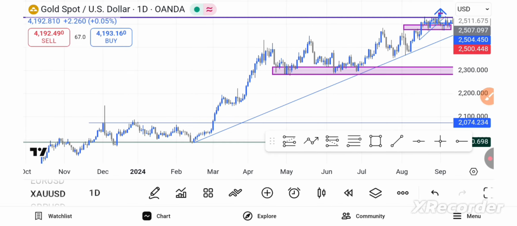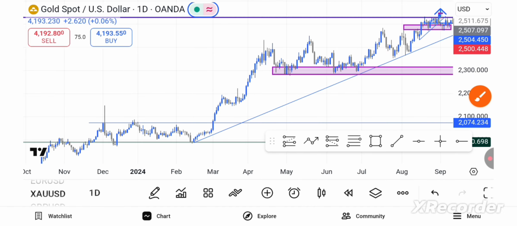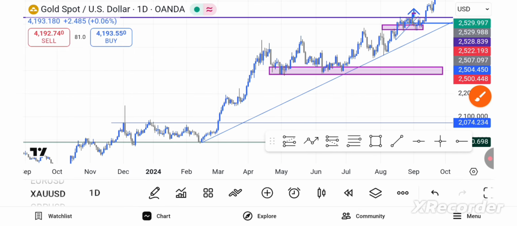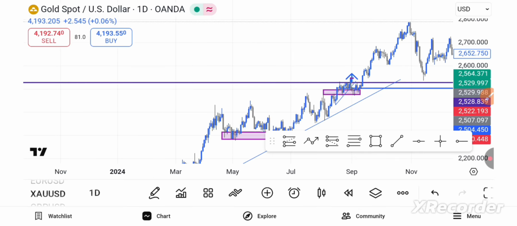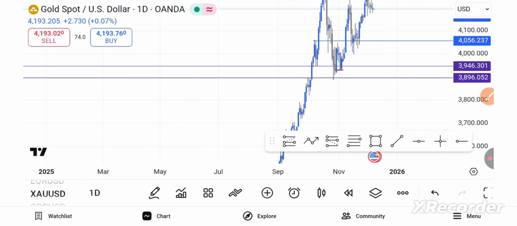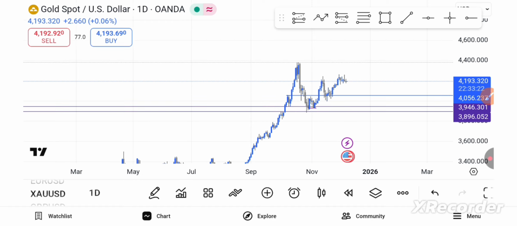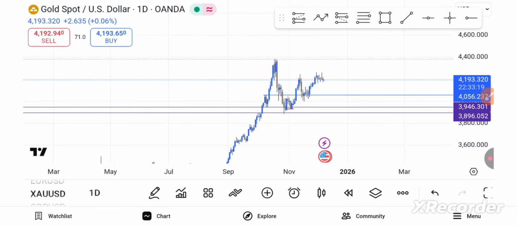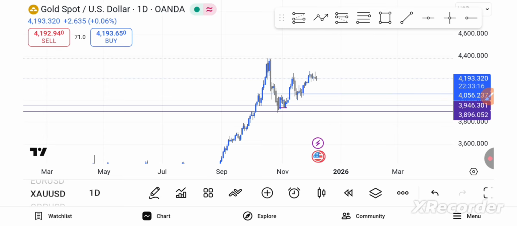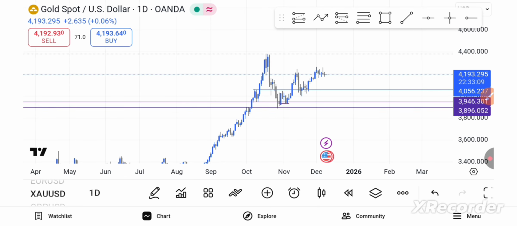Let's go. Currently, again, we are looking at gold from the daily time frame. If you have a look at the market, gold has been trending upwards. We've been bullish over time. What does it mean? Currently, gold is still bullish. From this daily time frame, we are not making a trading decision, but we are seeing our target for our current move for gold.